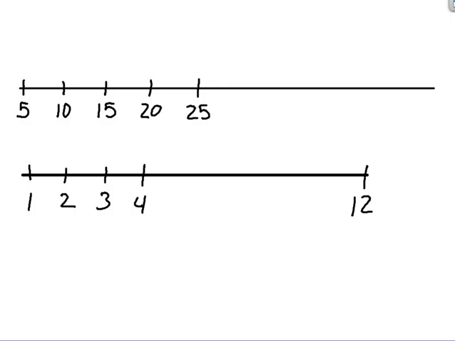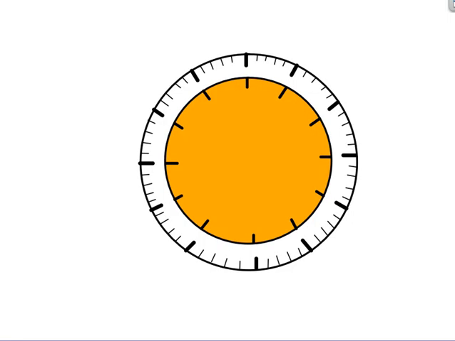Now let's think for a minute about what these two number lines would look like if we turn them into circles. And here we go. We have two circles. Our outside circle is actually going to begin at 0 right here. 0, 0. And if we continue around this number line counting by intervals of 5,